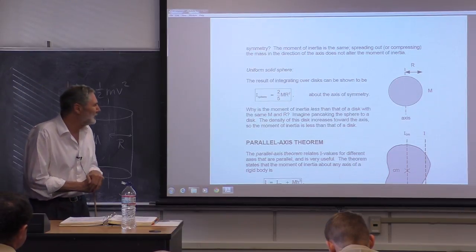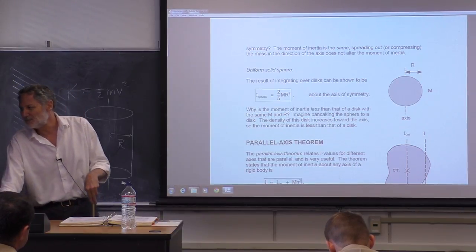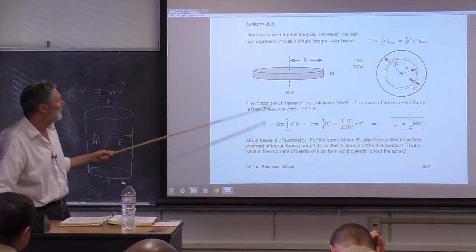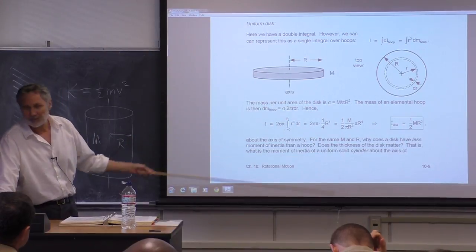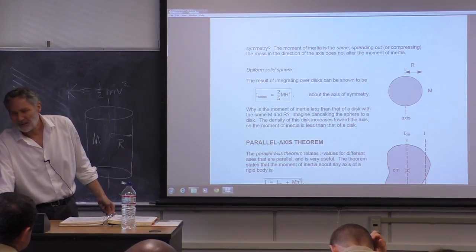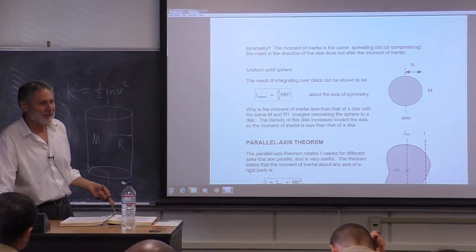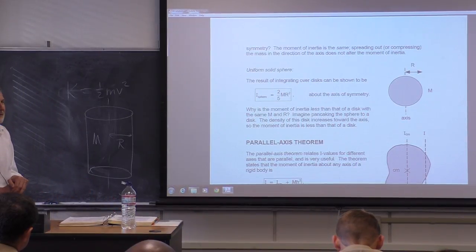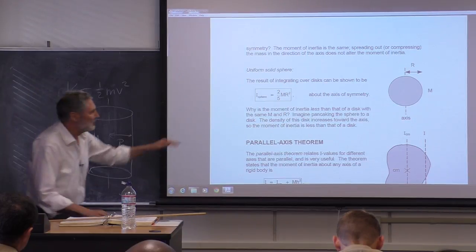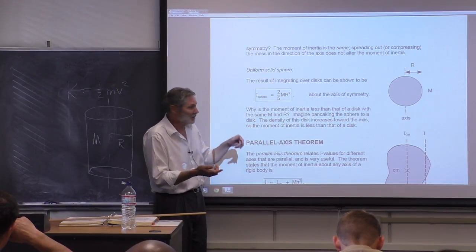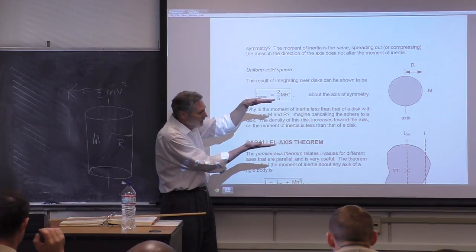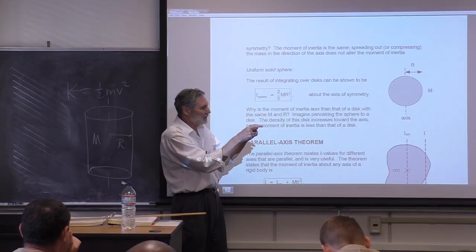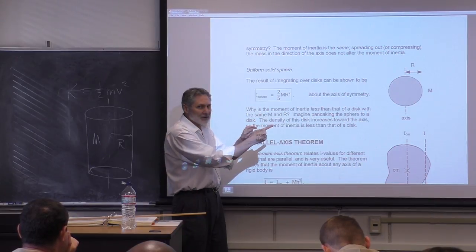So you'll notice here, what is it in comparison to a disk of the same mass and the same radius? Remember the disk? 1/2 mr squared? 2/5 is less than 1/2. So can we qualitatively explain that? If I took this and, as a thought experiment, compressed this down with each mass element staying the same distance to the axis,